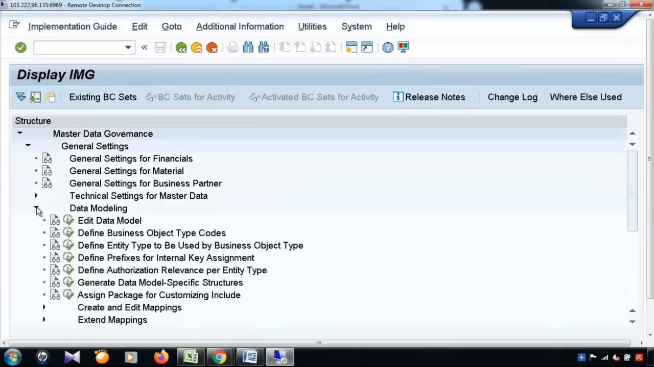So let's move to the data modeling, and then go to edit data model. In edit data model we will have